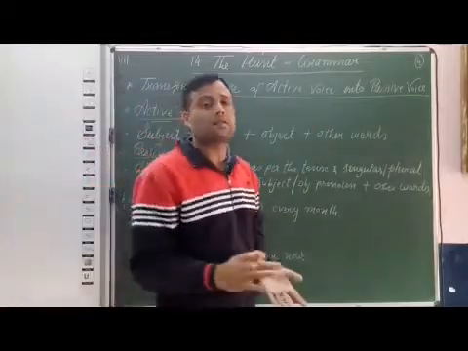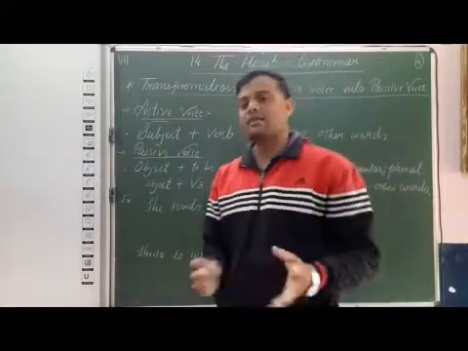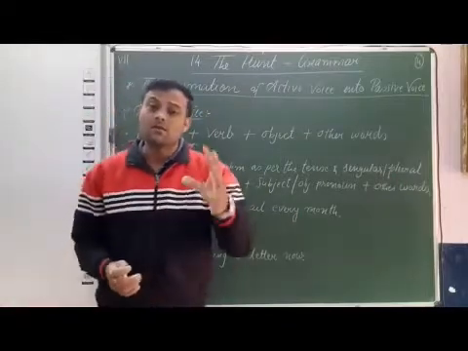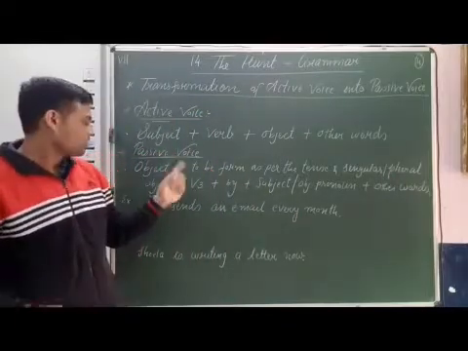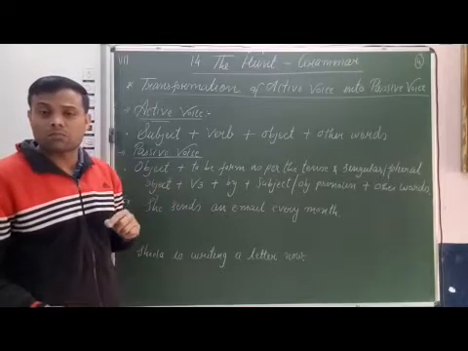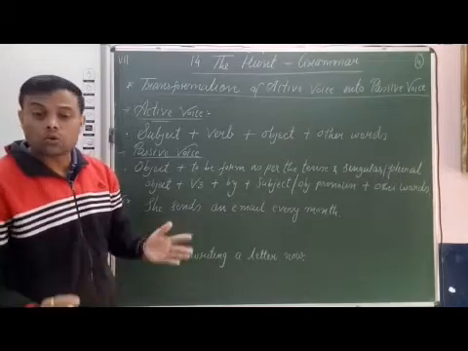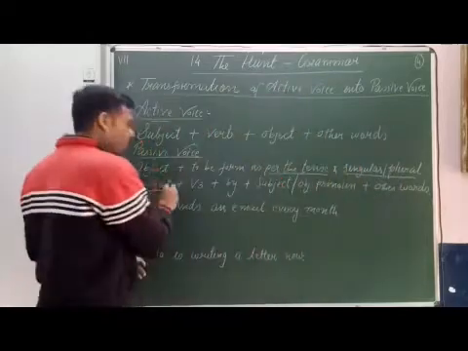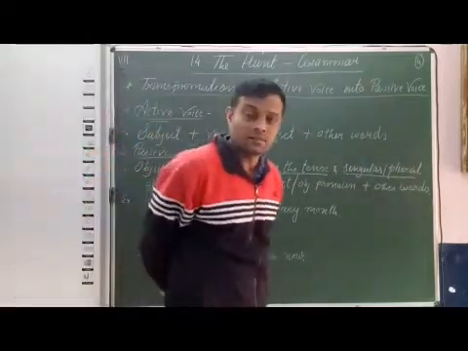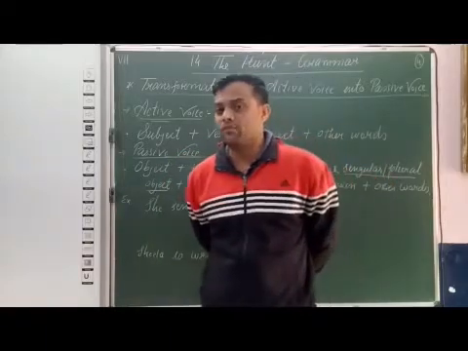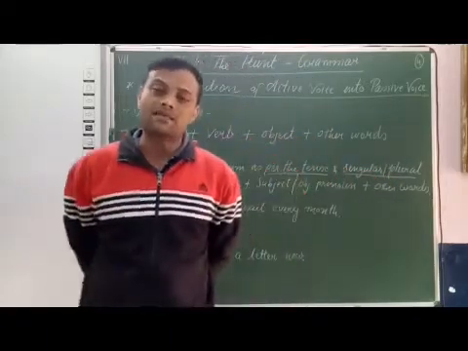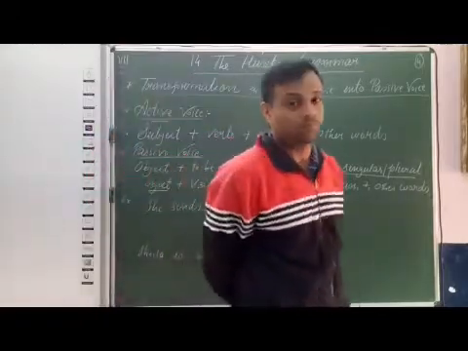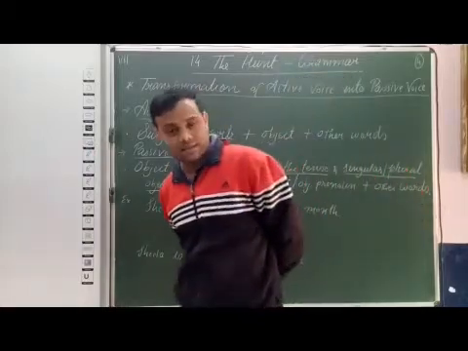Now, when we transform active voice sentence into passive voice, the sentence structure is changed. First, passive voice sentence structure, we have to use object first. So object, after object, to be form. But remember students, to be form we have to use as per the tense and singular plural object. Students, how to identify object, that already we studied. By asking question to the verb with what and whom we can identify the object.